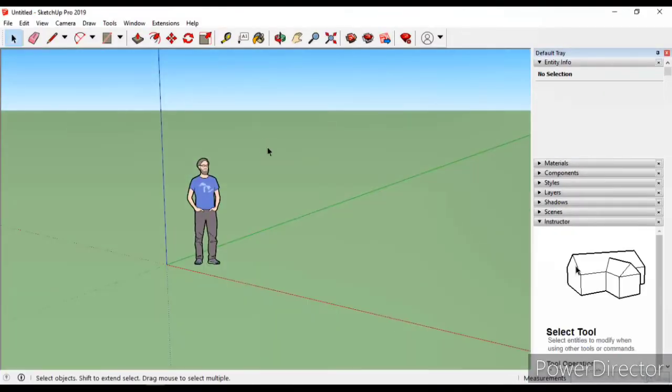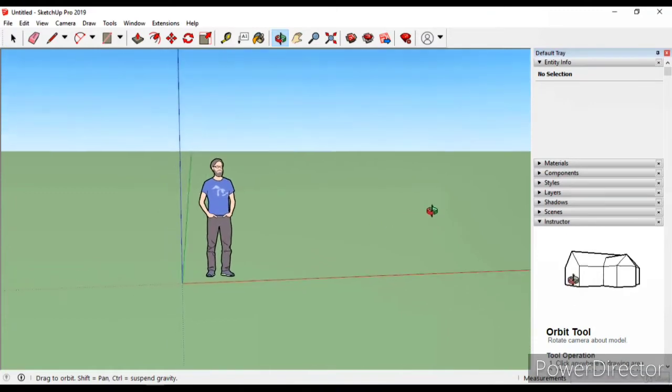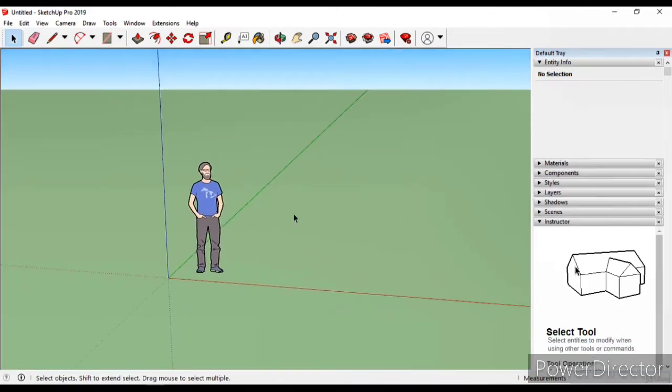window will pop up. In this window we can see there is a viewport in the center, and there are some options and toolbars around it. On the top there is a very basic window tool we can see, and below that there are SketchUp toolbars we'll be discussing later. And on the right hand side we can see a default tray system which will be helping us when we